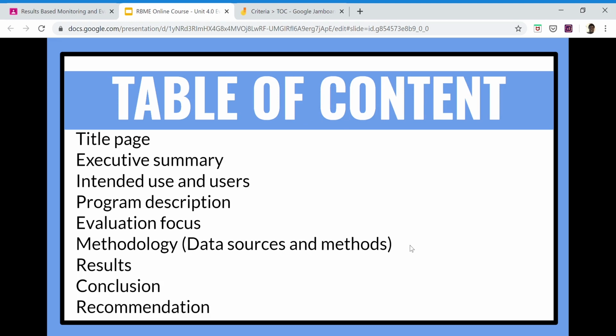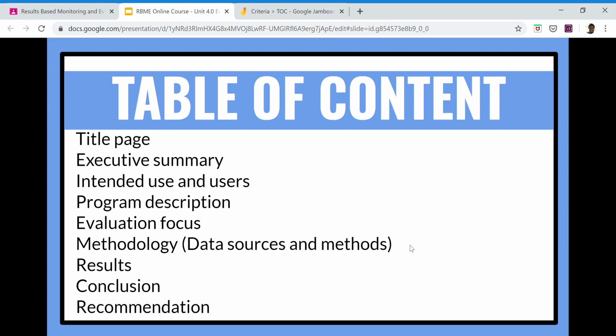So, what are the key contents of an evaluation report? I think before going into this, it's also important to state that if you've won a bid to conduct an evaluation, every commissioner, or most of the commissioners, have their reporting guidelines. So it might be important that you ask them for those guides, because it also guides you as the evaluator on what to put inside the report. Some might not have, some expect that you have, but what we're focusing on for the purpose of this course is